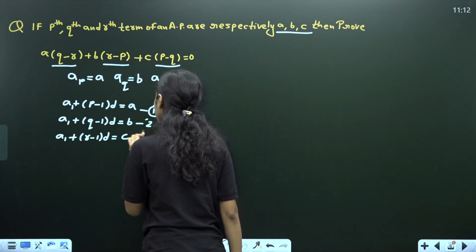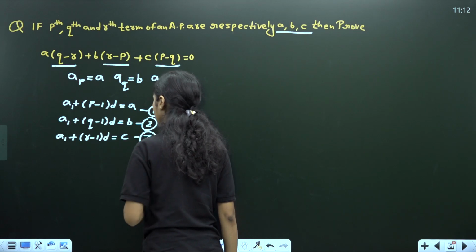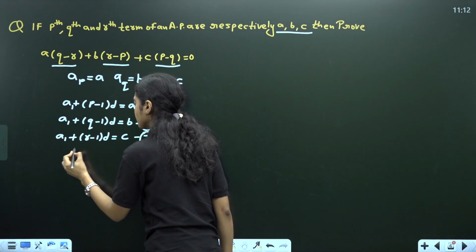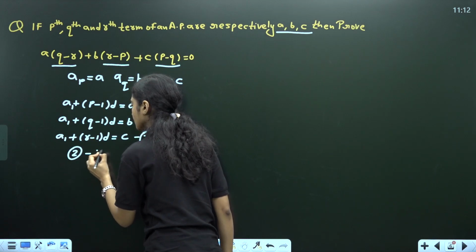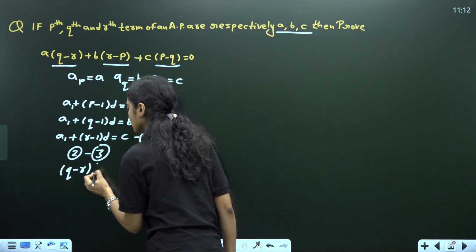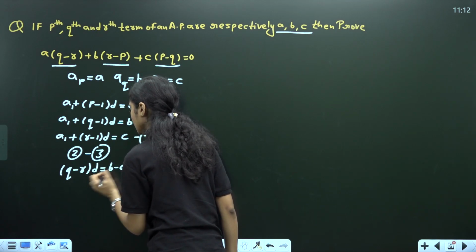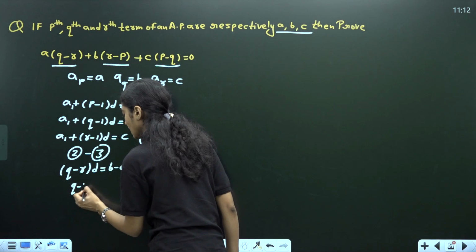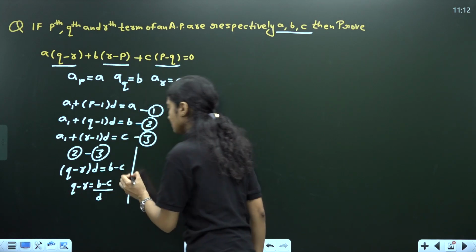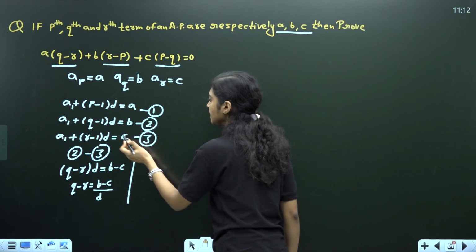We give the equations numbers 1, 2, 3. If we want to find q minus r, then we subtract the third equation from the second, then we get (q minus r) d equals b minus c, then q minus r equals (b minus c) by d. Same for r minus p,